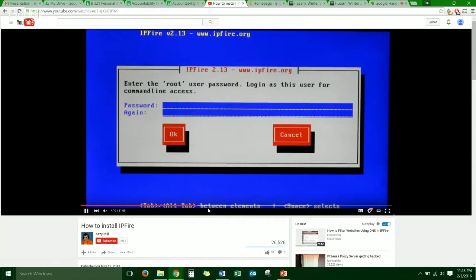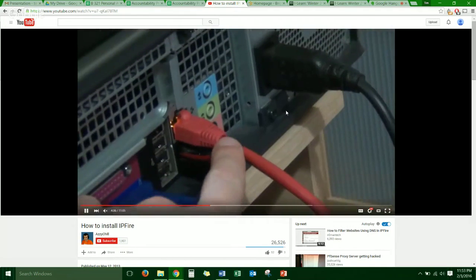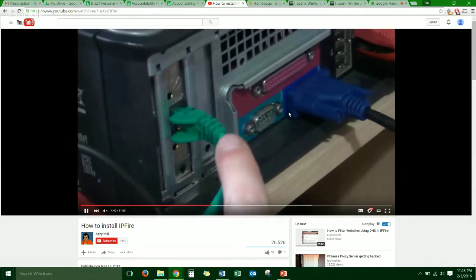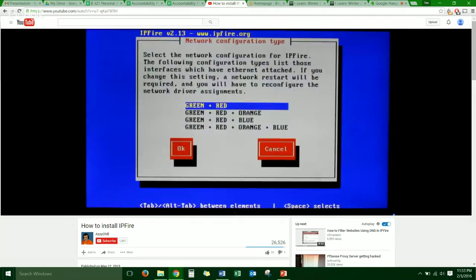There's different passwords involved. The network configuration part is where it got a little bit confusing for me, because you had to have a certain number of Ethernet jacks, and depending on the colors, it associated different colors with different jacks. And so anyway,